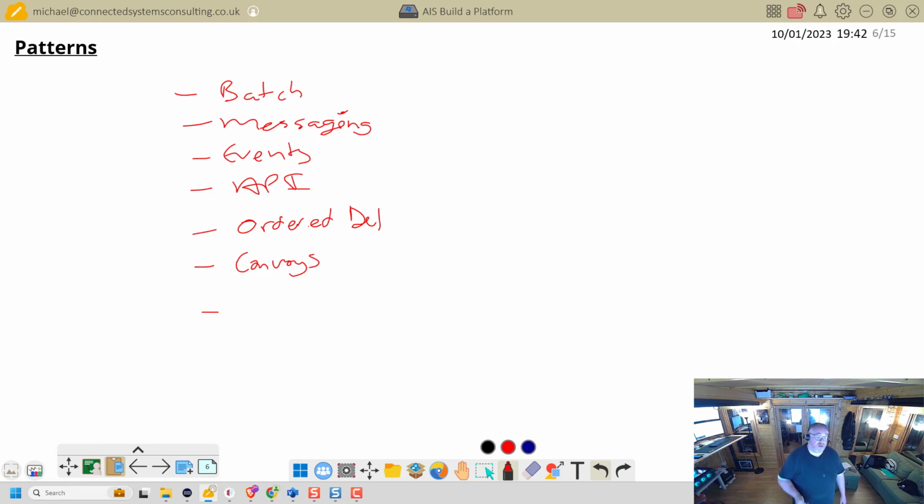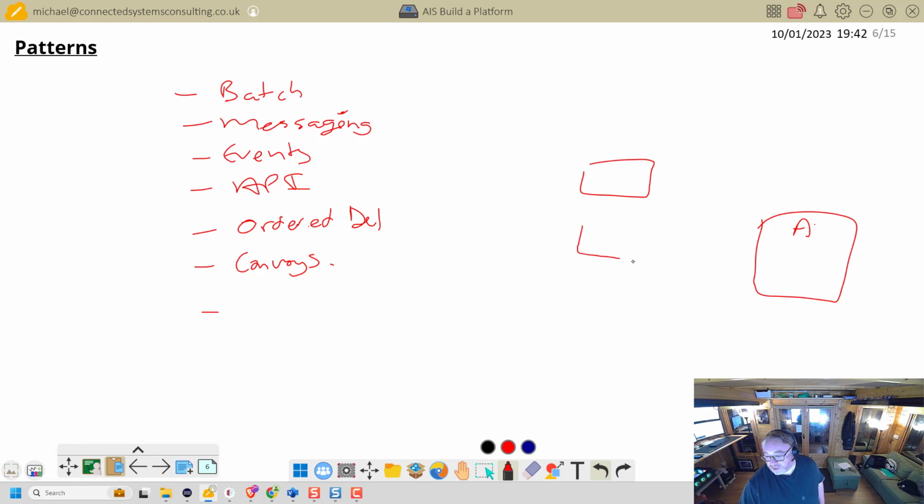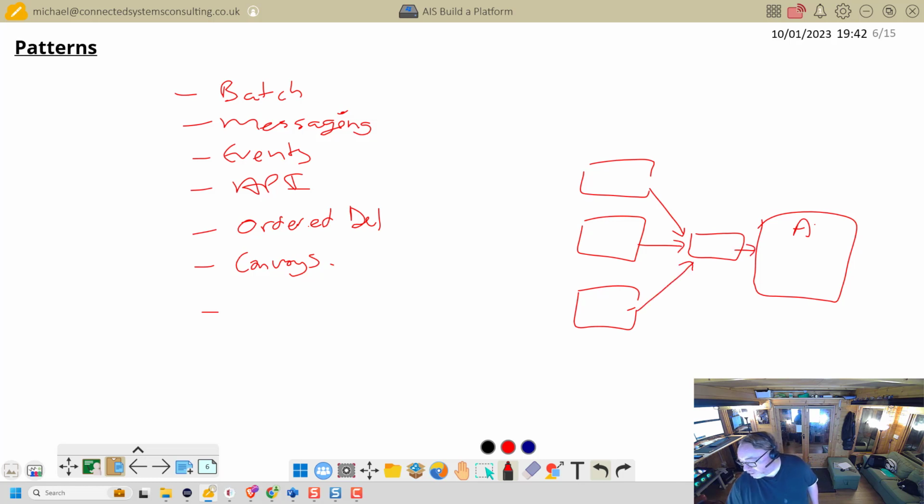So, for example, a good convoy type pattern: we had an integration where we had, we'll just call it System A, and we had 10 integrations here, and they all call System A, but there was a requirement that we had to do a convoy for any updates into System A. So we had to actually redesign how it was built because of an application requirement here. So we could have these separate integrations dump into a convoy processor here,